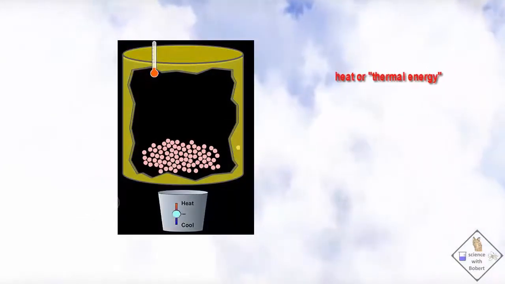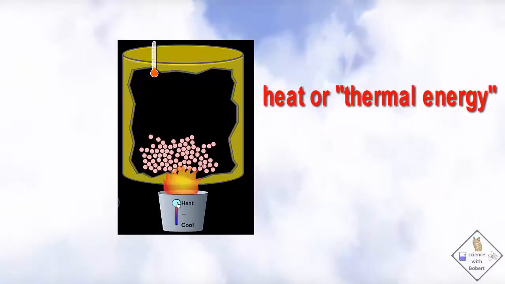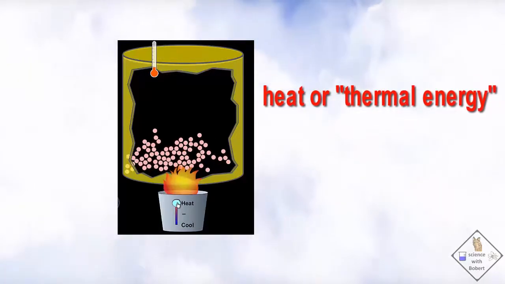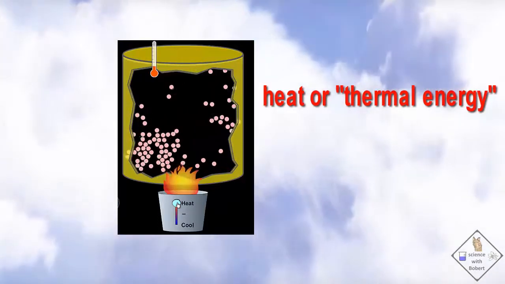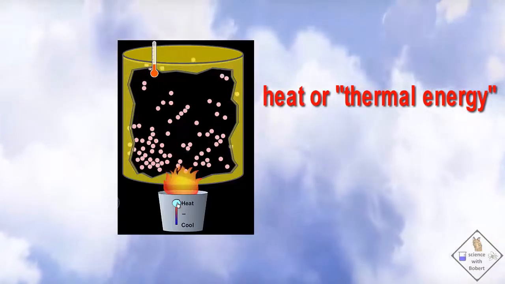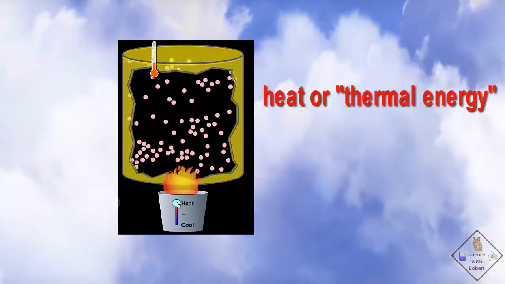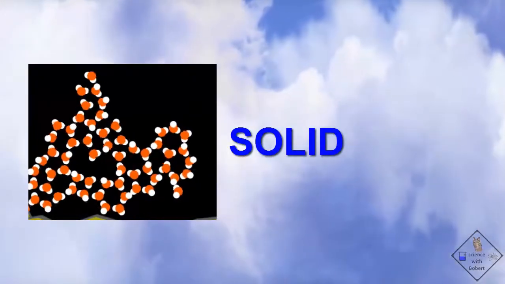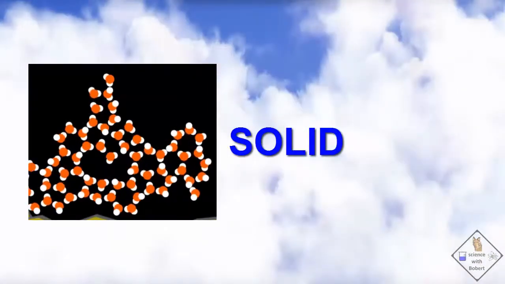Heat is a form of energy. It is also known as thermal energy. That's because when heat is absorbed by a substance, the random and chaotic motion of its molecules move faster in all directions. That is the key behind understanding how scientists view solids, liquids, and gases. So what is the difference between a solid, liquid, and a gas? The answer is the speed of the molecules.